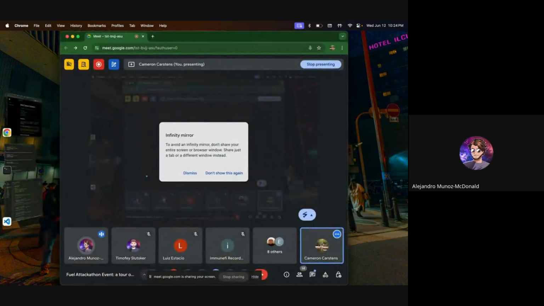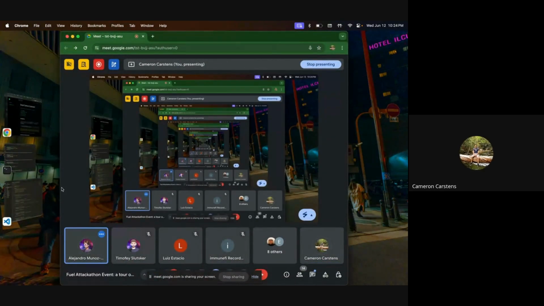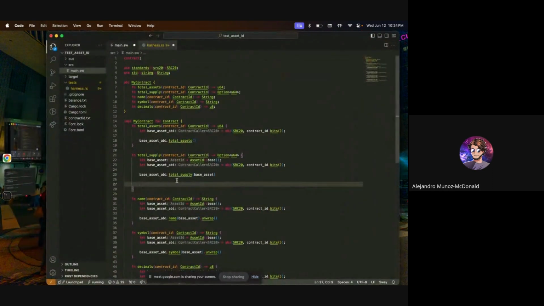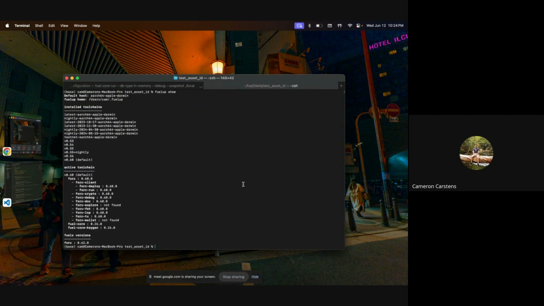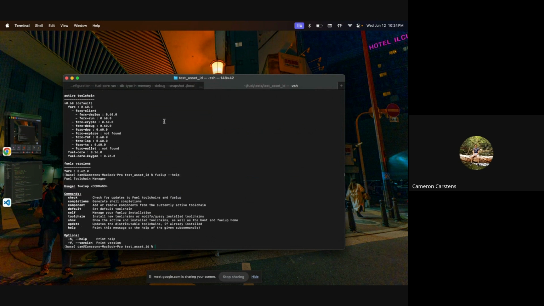Yeah, I had a quick question, Cameron. Yes. I know you mentioned that you can interact with the network through the UI or with the SDK. Is there an easy command with fork where you can interact through the terminal and read values? So currently through fork, there is no exact command for interacting with the contract.